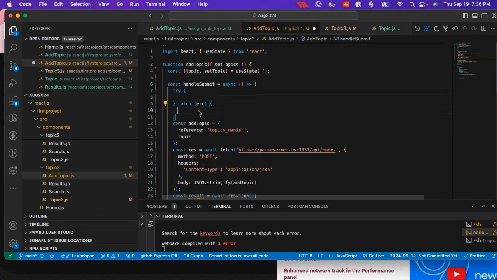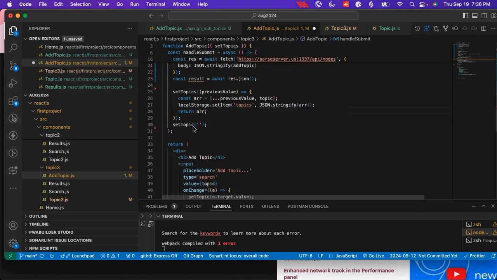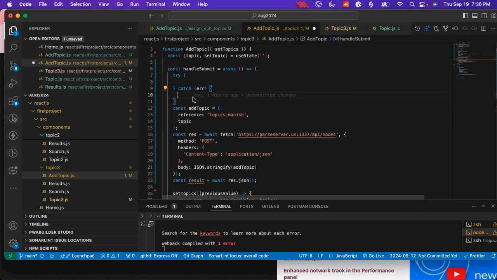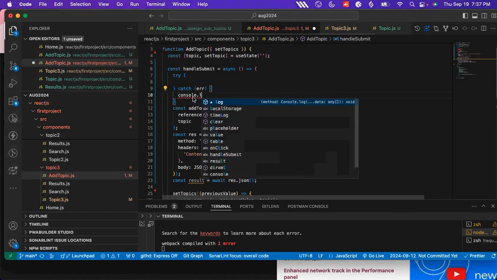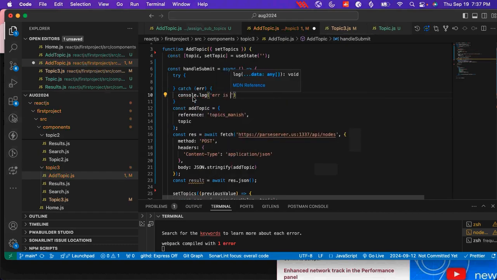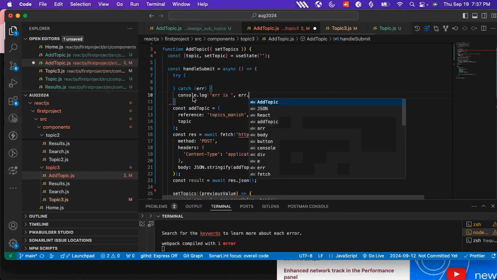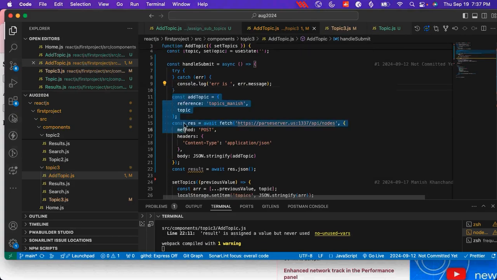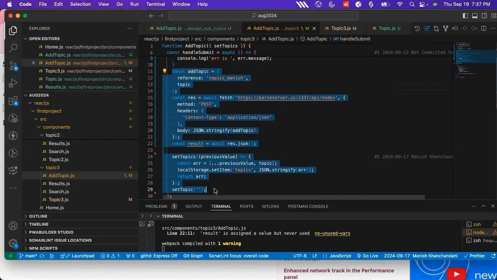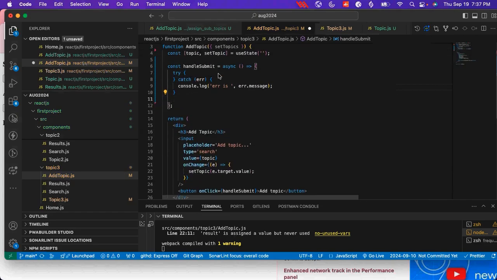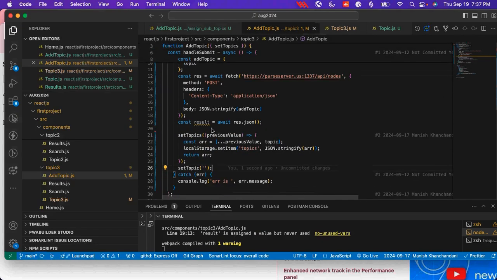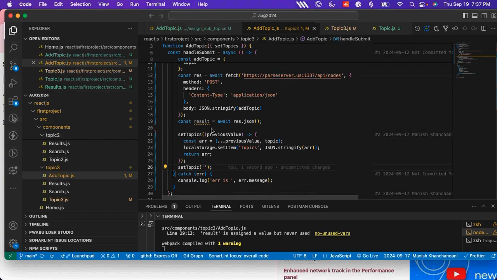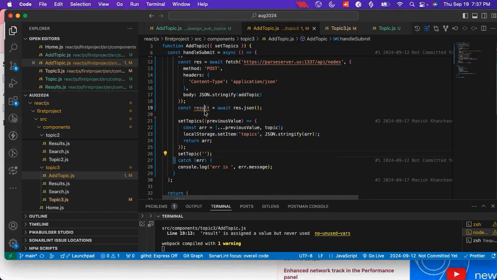And here I can put another error thing and try to show the error separately on this page. But right now I'm doing only console.log. If it were a real site, I would have done that. And let's put everything inside here. So now once we get the result,